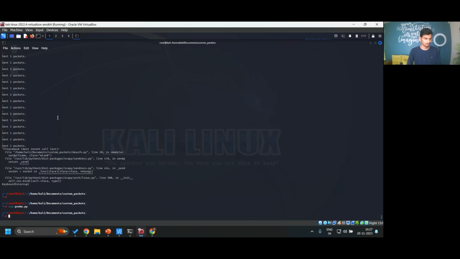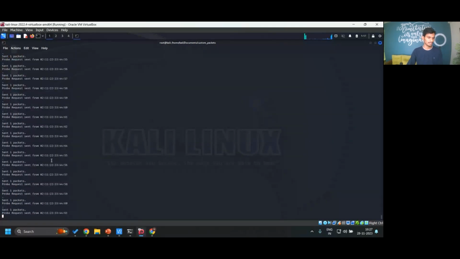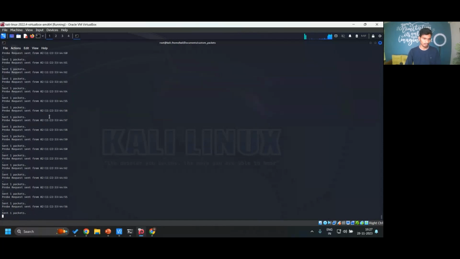Okay, so I will show you how this works. Here the packets are being sent, right? Using different MAC addresses each time, it's sending to the network. So if I open a capture file,